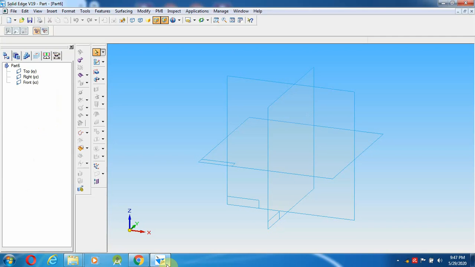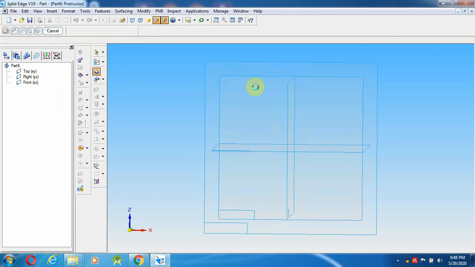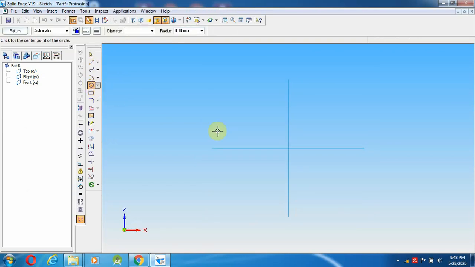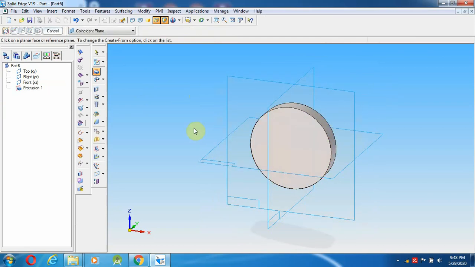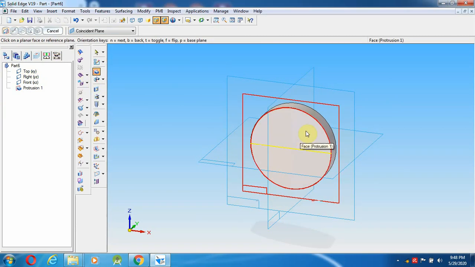For this I can go with the protrusion option, select the front view and circle, and initially create the 72 mm diameter. After creating the 72 mm diameter, I will come out. I am going to make it up to 12 mm depth. So left and right click. Again I am going to select protrusion, either this surface or the other surface.